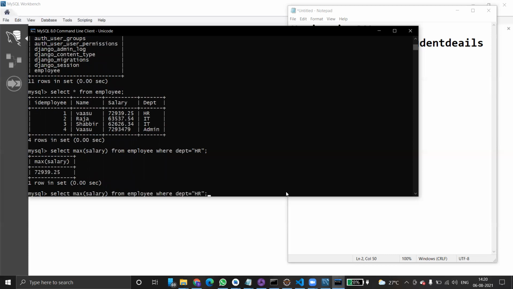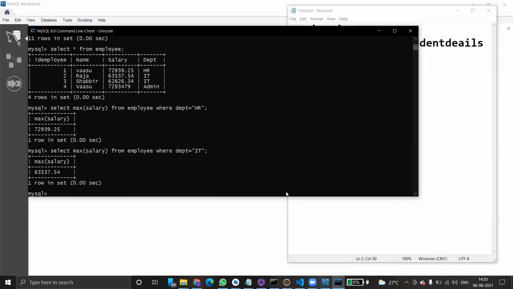For suppose if you take IT instead of HR, what happens? It only fetches one record. But if you want to use having, what happens is, it is used whenever there is a situation where we cannot use the where keyword with aggregate functions. I will show you one simple example.